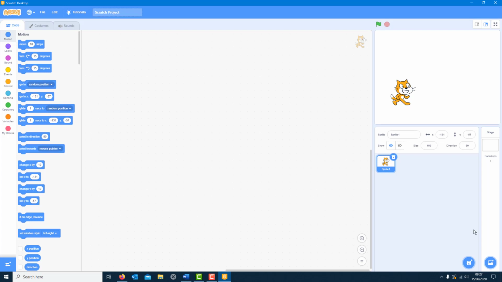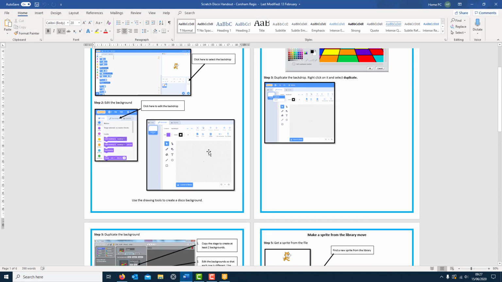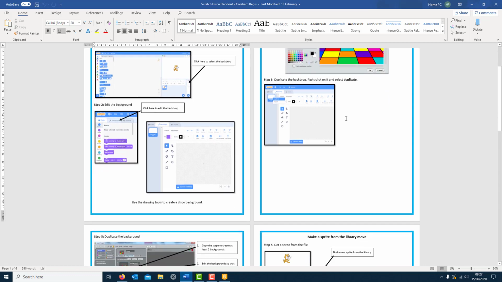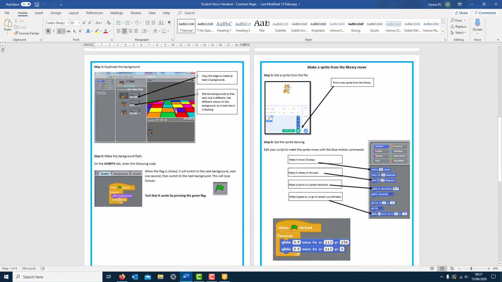Right, the first thing I want you to do from this, then I'll just show you the handout. We're going to make a little disco, like this. We're going to paint it, we're going to make our own. I don't want you to download anything off this, I don't want you to use the ones they've got already. You're going to have to make your actual disco background. We're going to make the